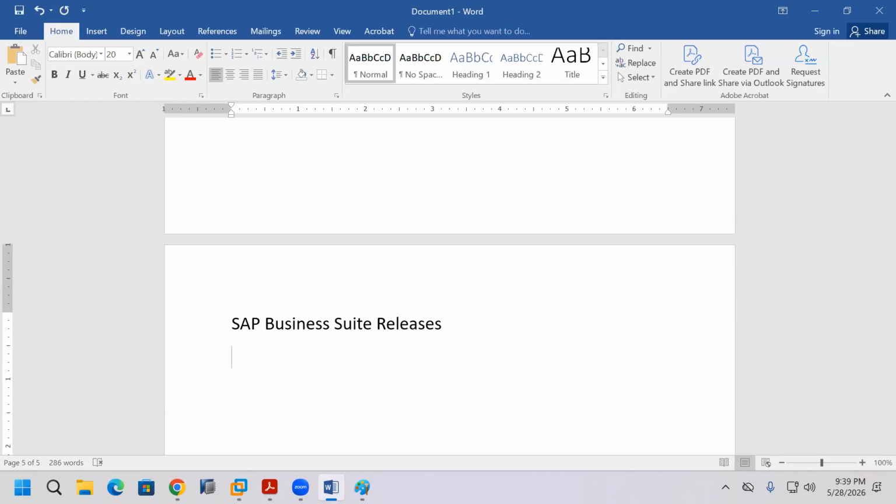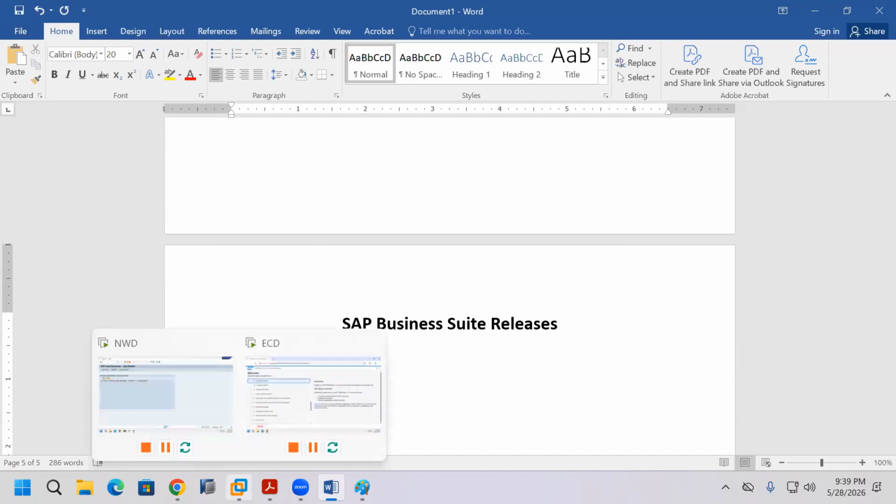Okay, you know we use SAP Business Suite for installing SAP applications. We know for what purpose we use the SAP Business Suite tool. We know SAP Business Suite is a tool, and we use it for installing SAP applications. Now, what are the versions available in SAP Business Suite? What are the versions available? For example, here we saw